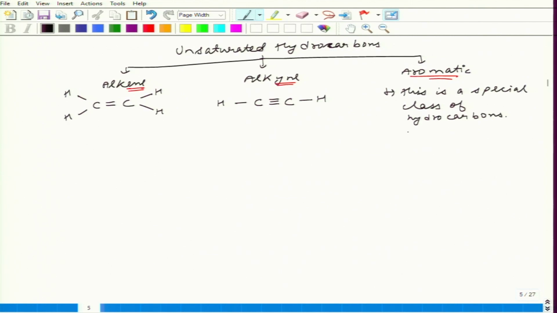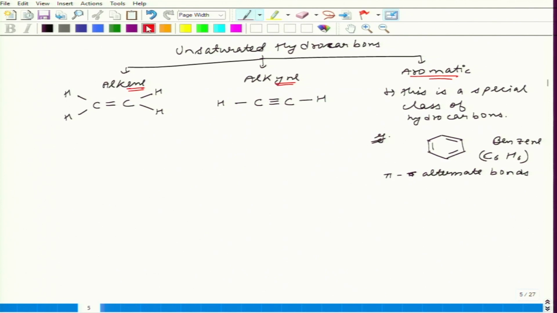How is it so? Let's take an example, then we will be better able to discuss what I am talking about. This is a benzene molecule, known as benzene. Its formula is C6H6. So, what is special about this? There is a C double bond C, and here is also a C double bond C. But what else is there? There is conjugation, alternate pi and sigma bonds present.